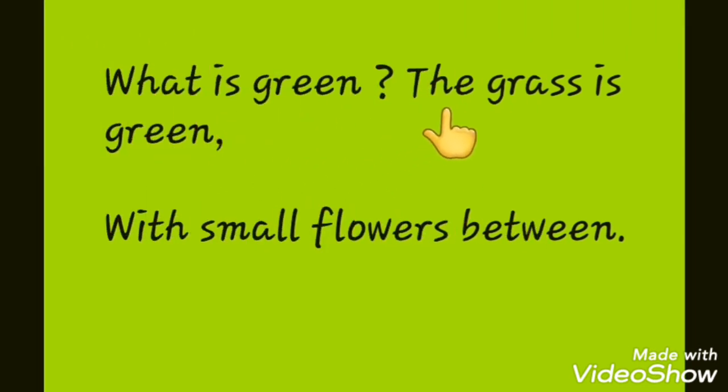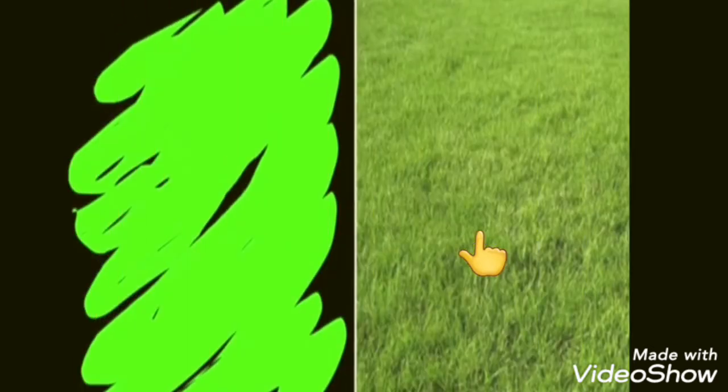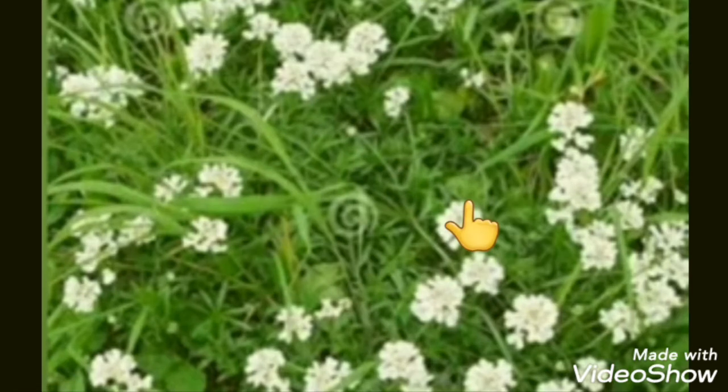What is green? The grass is green with small flowers between. Here she mentions a different color, that is the green color. What example is she giving here? The example of grass. Now we all know grass is green in color. In this poem she gives the example that there is a big field of grass, and on that big field of grass what is coming out? Small beautiful flowers are coming out of the ground. So the next lines are: